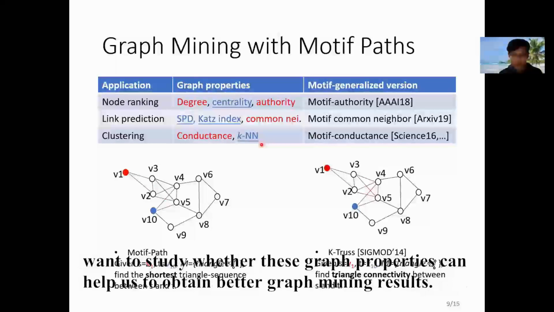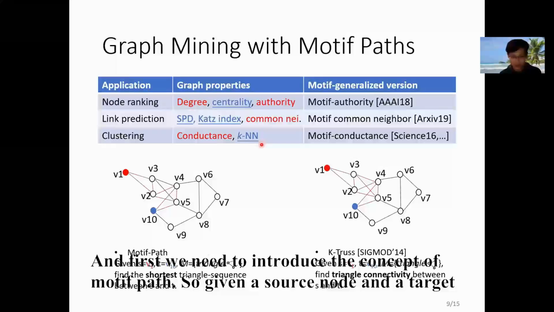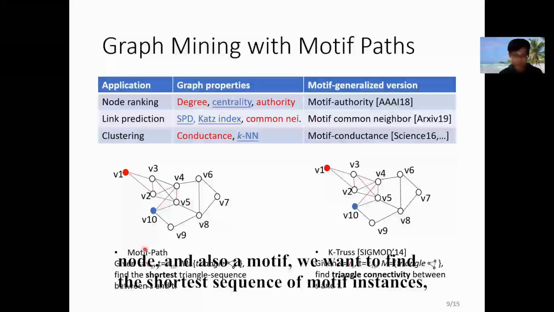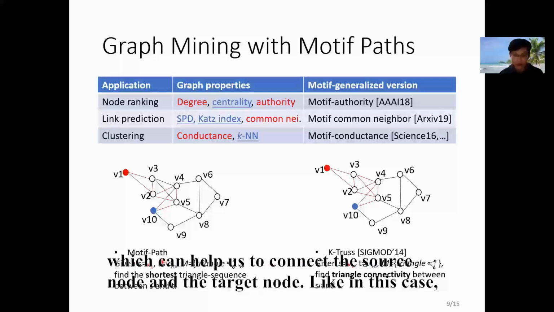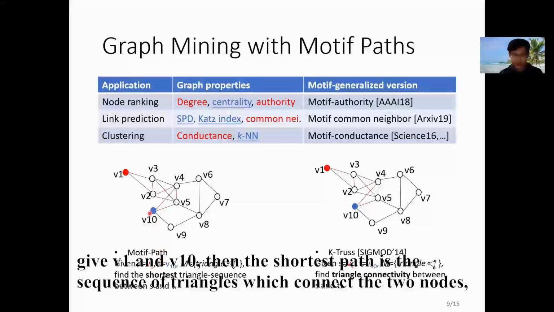So in this paper, we want to study whether these graph properties can help us obtain better graph mining results. First, we need to introduce the concept of motif-paths. Given a source node, a target node, and a motif, we want to find the shortest sequence of motif instances which can connect the source node and target node. In this case, given V1 and V10, the motif-path is a sequence of triangles which can connect the